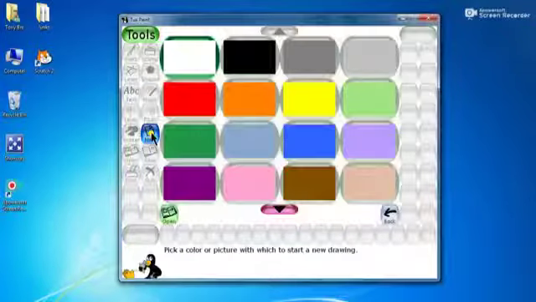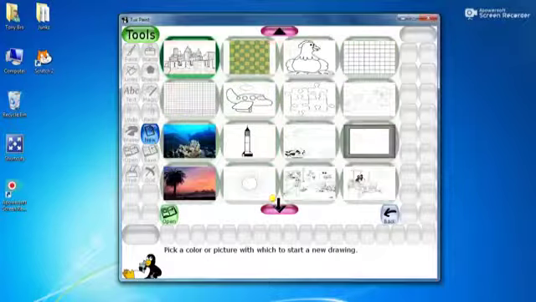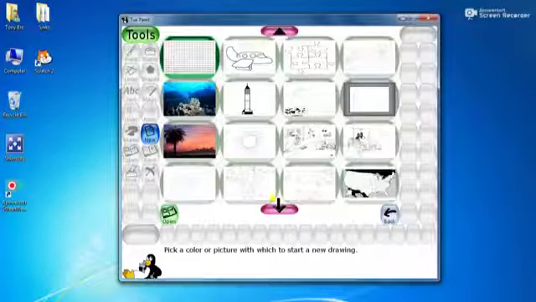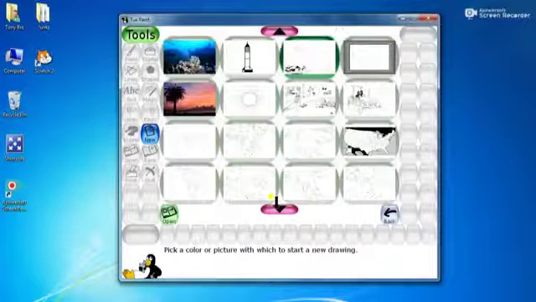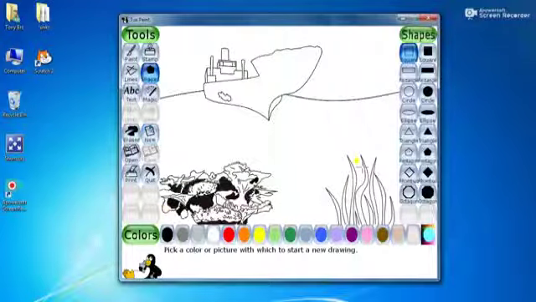Now we will select an object for coloring. I will select this. What is this? Okay, here is a sea scenery. Here is a large ship. So we will color it nicely.